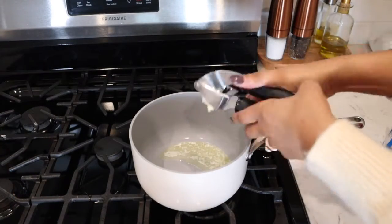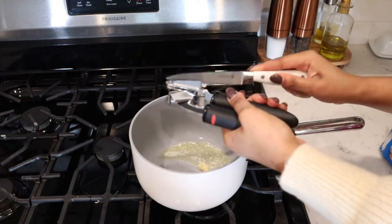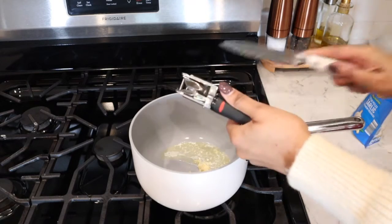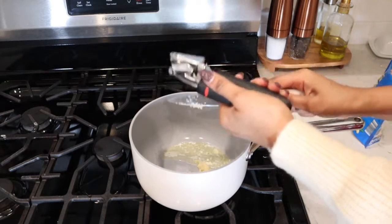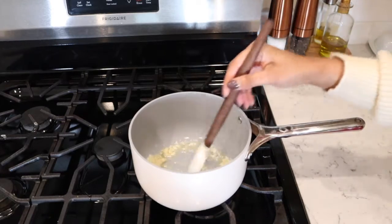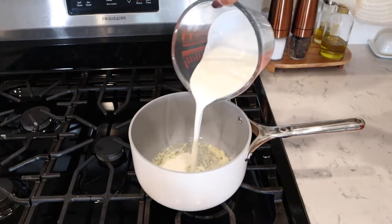So the first thing we're going to start with is making the cream sauce. I highly recommend doing this in a saucepan because if you just add it to the crock pot, I've noticed you get tons of clumps in it. So it's best to go ahead and make it on the stovetop first, and then we'll be adding it to the crock pot. So you want to melt some butter, add some fresh garlic, and cook the garlic until it's